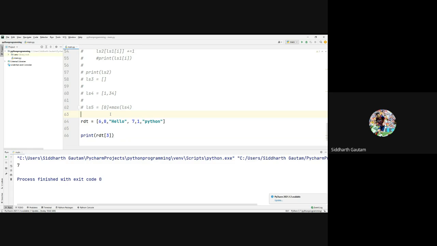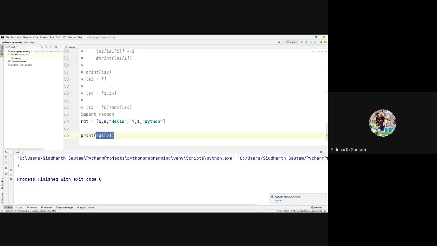Any ideas? Have any of you studied the random package? Yes, the random module. Exactly. So to pick something randomly, first I have to import the random package. So I will write import random. Now I want Python to choose something random from this list RDT.